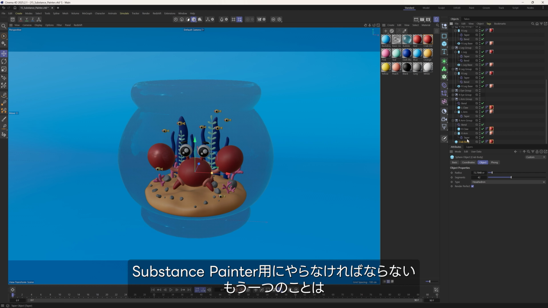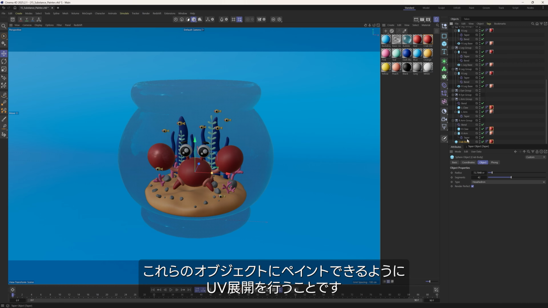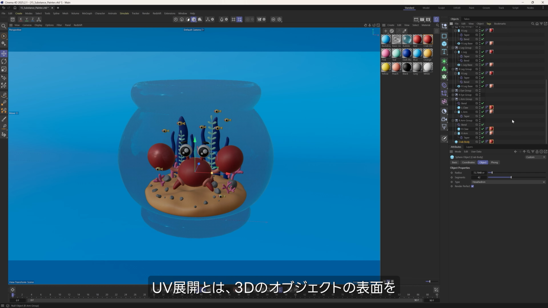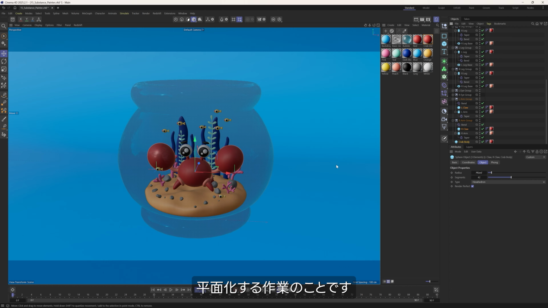So another thing we have to do for Substance Painter is we need to UV unwrap these objects to be able to paint on them. And UV unwrapping is the process of taking a 3D representation of some objects and flattening them out. So it's kind of a technical process. You could do a whole video series just on that discipline, but we're going to do this very easy and very